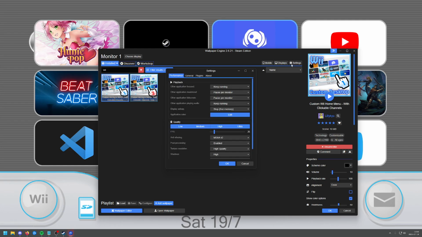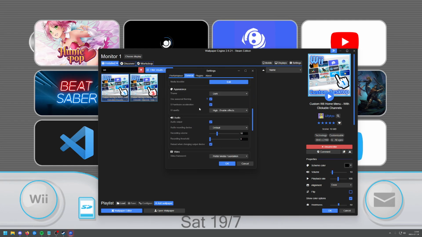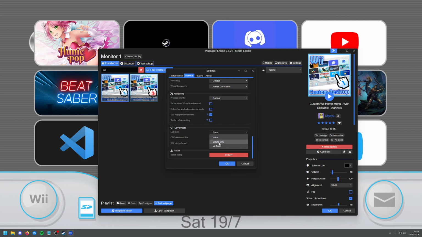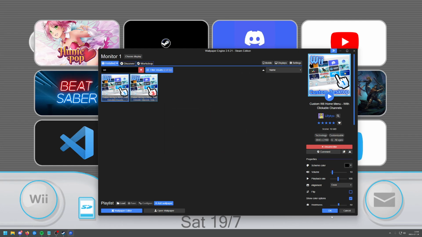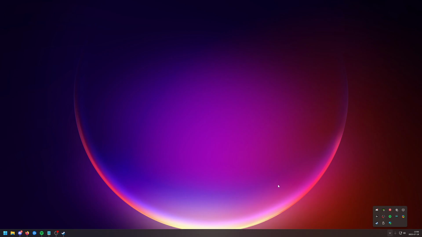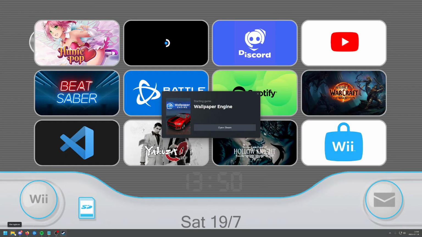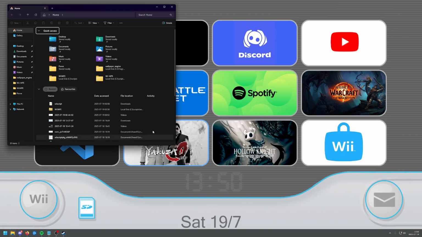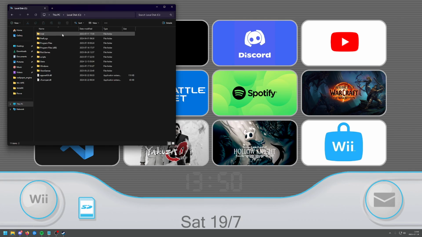go into the settings, general, and scroll all the way down to enable verbose logging. This is what is needed for the script itself to pick up any button clicks. Once you've clicked that, click OK, OK again, and make sure you restart your wallpaper engine. Restarting is important, and you can confirm that it works by going into the wallpaper engine file location, which is